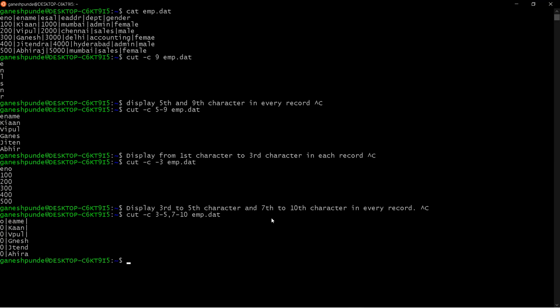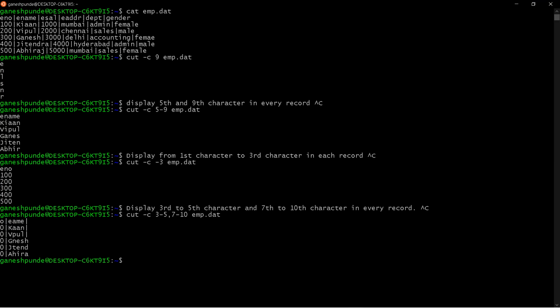So you can see it will display the 3 to 5 and 7 to 10 characters, right? So 3 to 5 and 7 to 10 characters will be displayed by using the cut command.